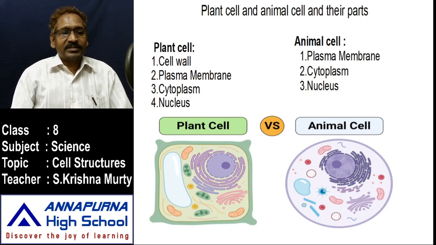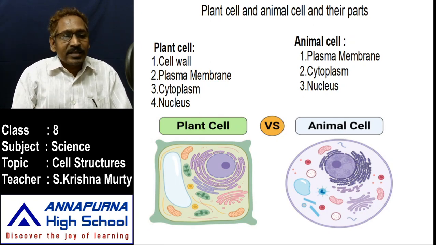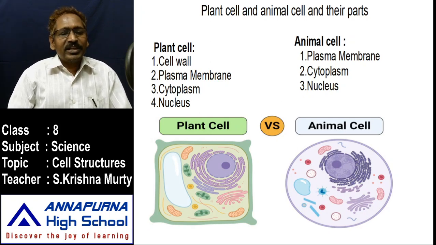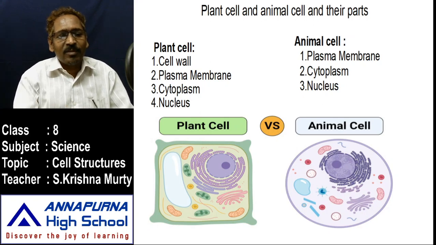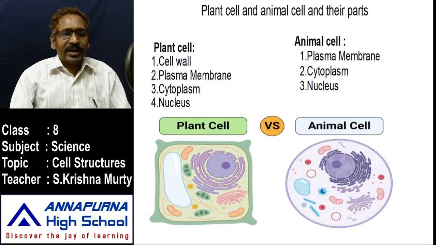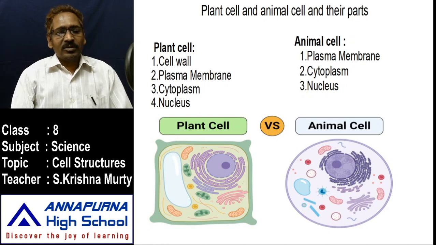And the second layer, beneath the cell wall, is the plasma membrane. The plasma membrane is made up of only proteins and lipids. It is a very soft, delicate, flexible membrane. When we scratch it, immediately it breaks into small pieces and the entire material comes out along with that plasma membrane. This is the second membrane in the plant cell. So that's why it has to be protected along with the cell wall.